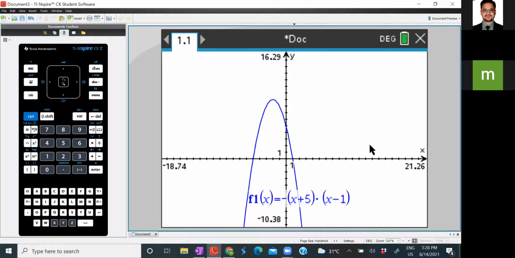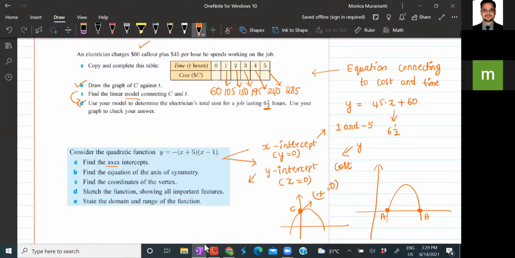You can put it in the chat box. The y-intercept would be this location. What is that location? It is on the positive y-axis, and the answer would be 5. So the y-intercept is 5. It is as simple as that. Just by using one graphing tool and observing, you can immediately tell what the x-intercepts and the y-intercepts are.